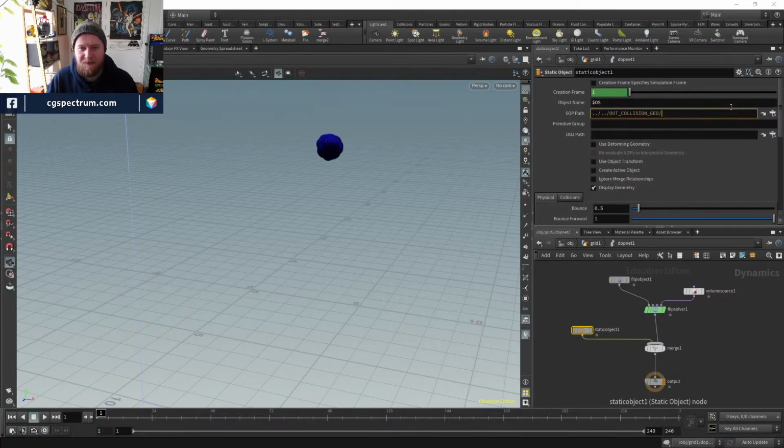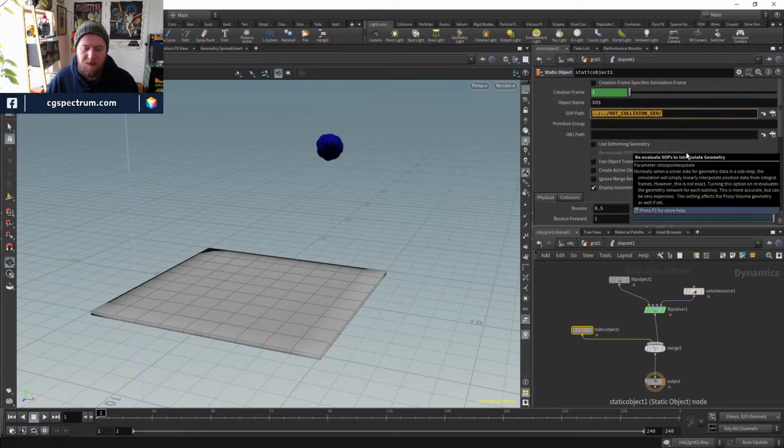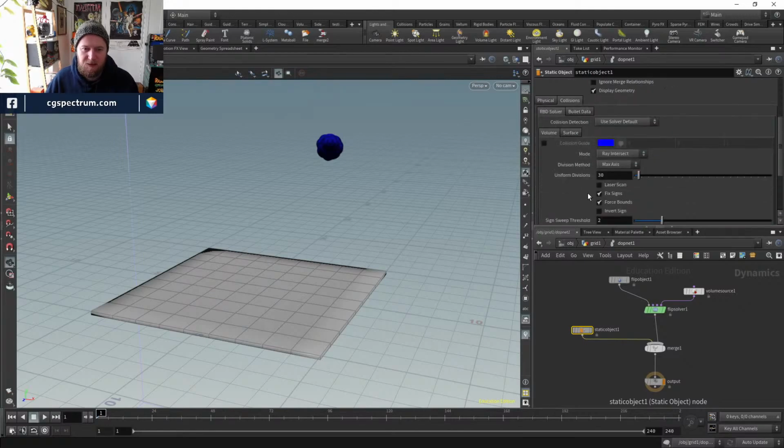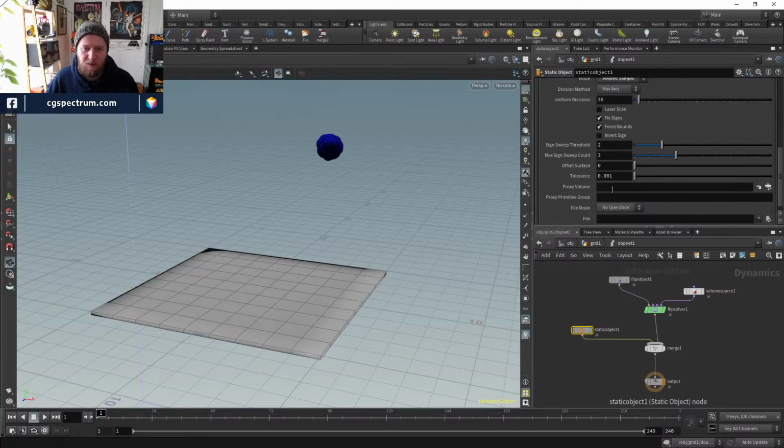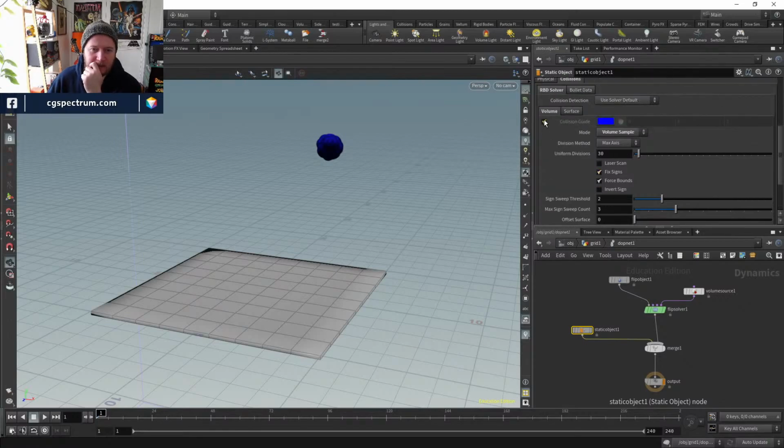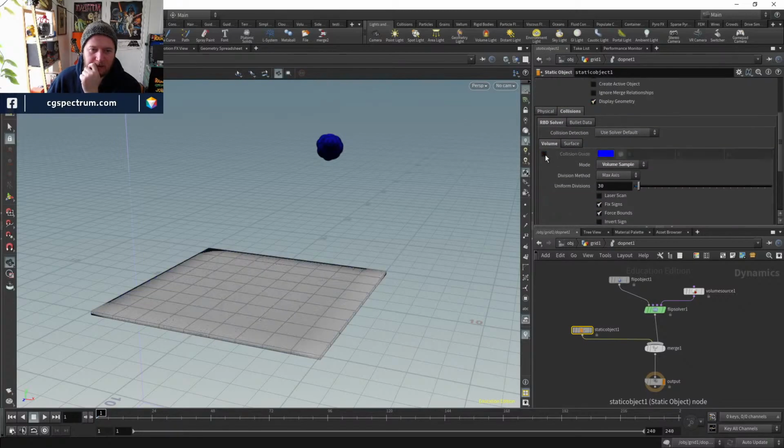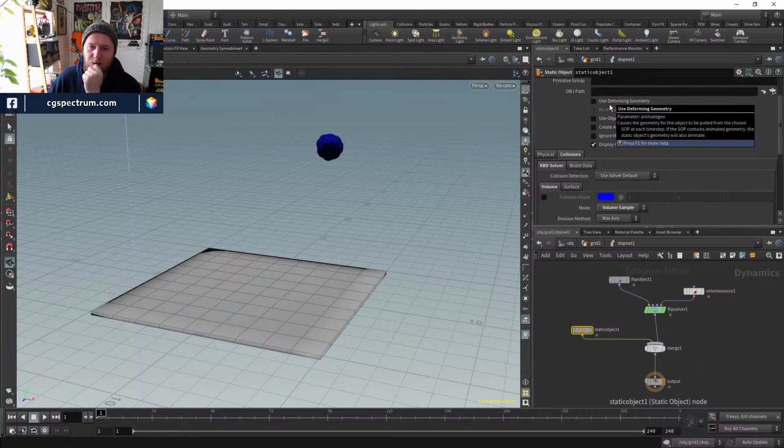Out collision geo, collisions, volume sample. Change that to collision VDB. Just check that. There we go. Cool. So we don't need to turn on use deforming, but